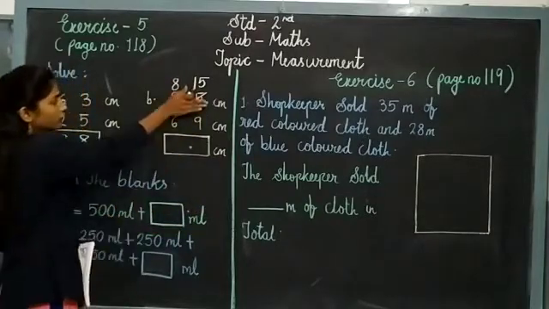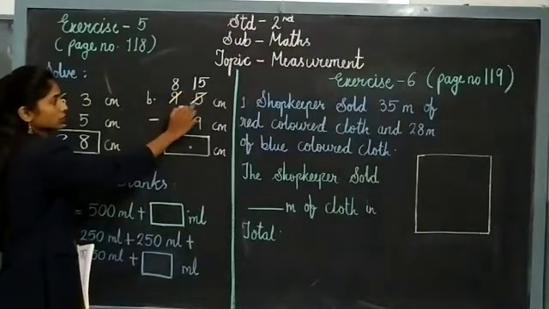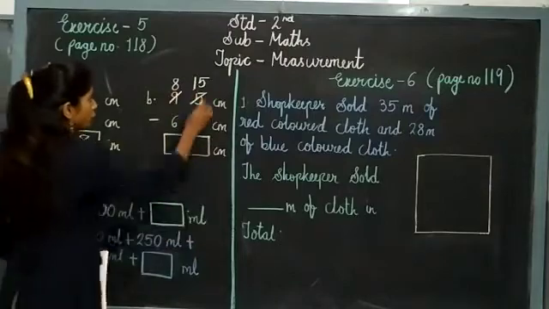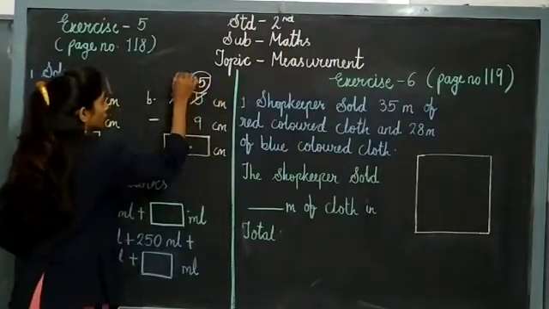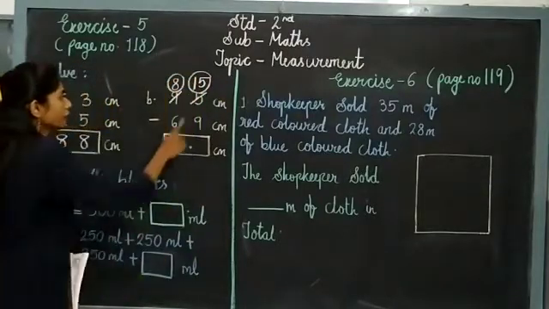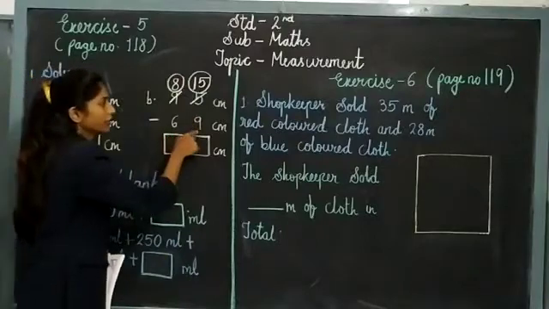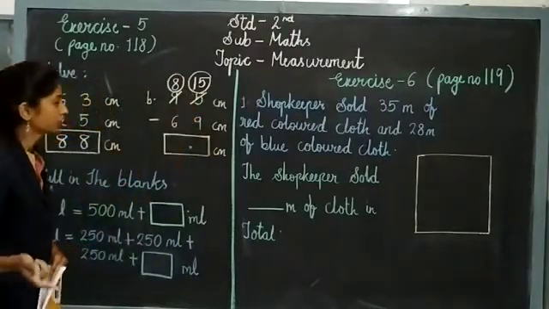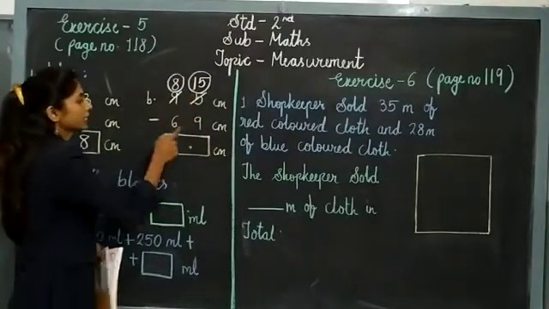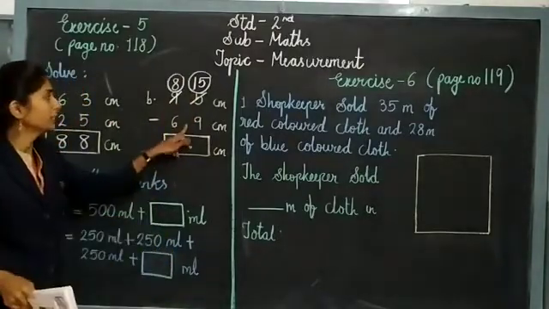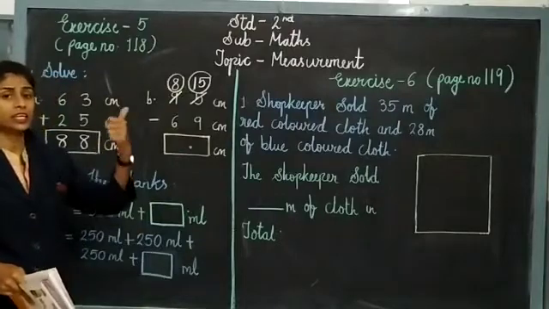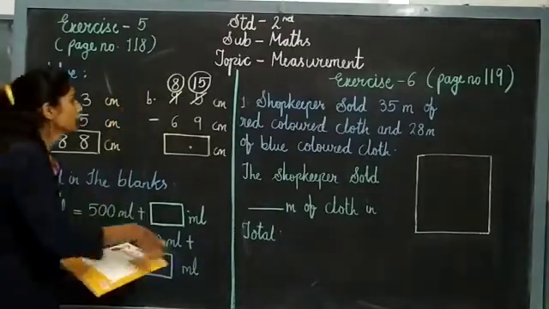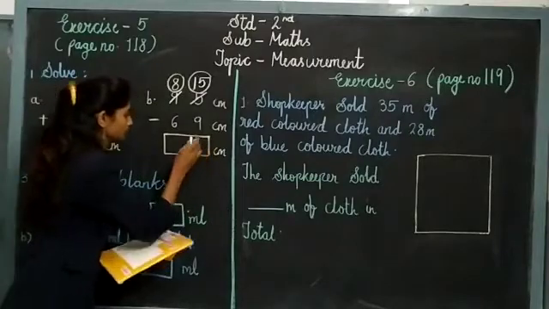Forget about the old numbers now children, because we have cut them and we have got our new numbers. So we have to focus on the new numbers only. Now 15 minus 9. Definitely 9 is smaller than 15, so we can do our direct subtraction here. So 15 minus 9, let us all count from 9 till 15: 9, 10, 11, 12, 13, 14 and 15. So here 6 is going to come.